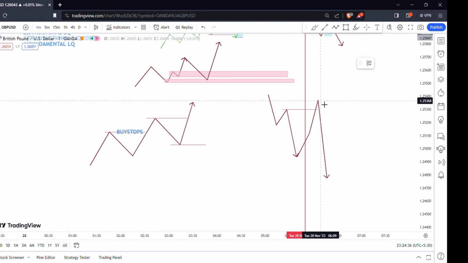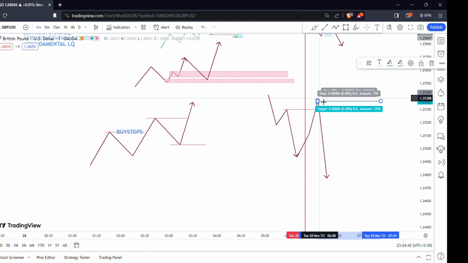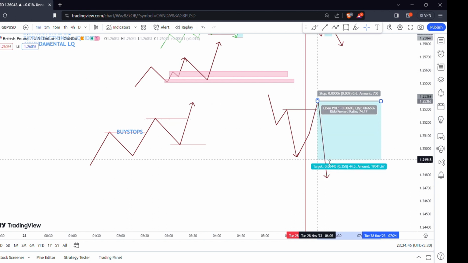So if the market is going downwards and the buy side liquidity is taken out, you can understand it's because the market maker doesn't have sufficient liquidity to fund this move. To fund this move, they need buy orders in order to execute the sell orders, right? So they will take the buyer's liquidity and then it will deliver the price. That's why these massive sell-offs happen.